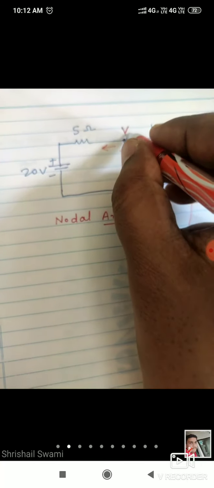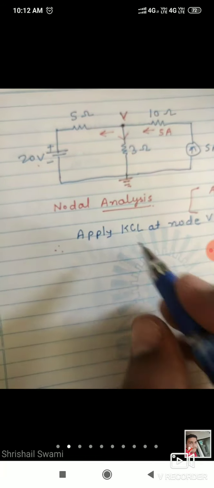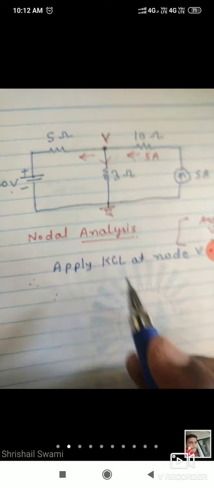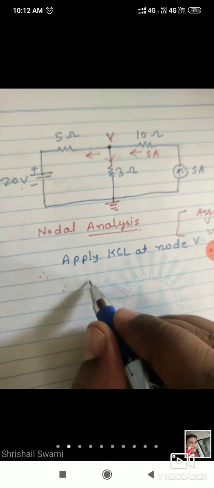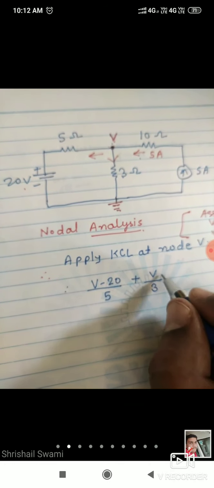Now the assumption here: assume V is greater than 20 for this branch, V is greater than 0, and this current is already given. Now apply KCL at node V. So the assumption is given here, so two are outgoing and one is incoming; incoming is negative and two outgoing currents are positive, so V minus 20 divided by 5 plus V minus 0 divided by 3